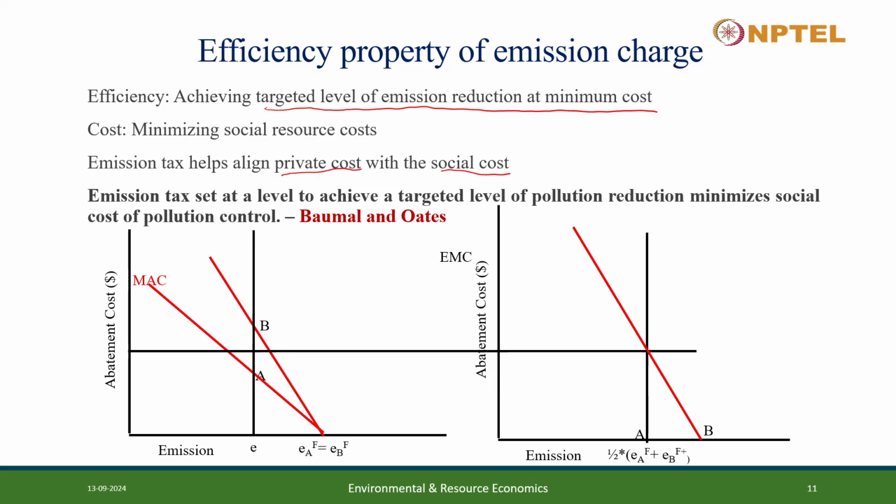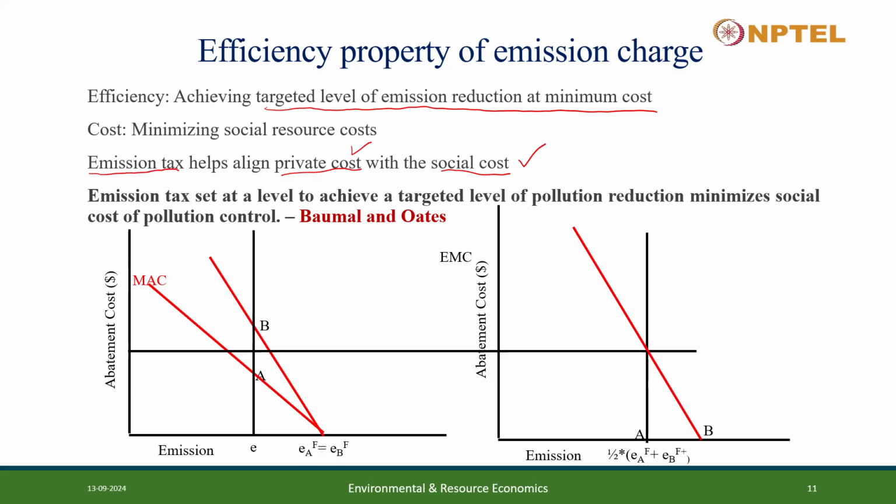When the social cost is higher compared to the private cost, let's say there is a firm which pollutes water. The firm will not care about the polluted water if there is no regulation, right? But the firm is causing some externality to the fishermen or to the biodiversity. So the social cost is much higher than the private cost. To align both the private cost and social cost, some tax amount is levied on each unit of